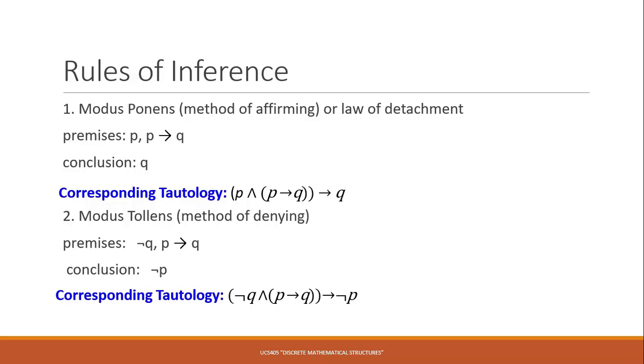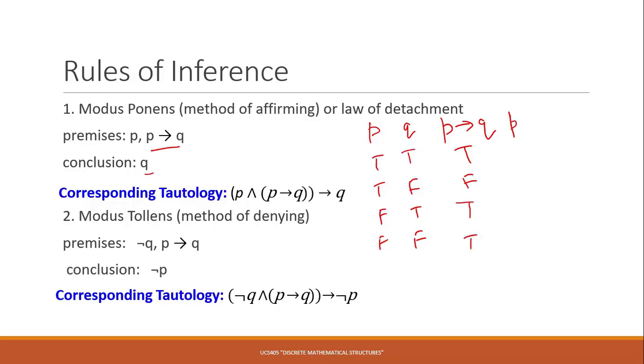So what will be the corresponding tautology? P and (P implies Q) implies Q will be a tautology. We will check this rule. Two variables are there, P and Q, so a total of 4 possible combinations. We are constructing the truth table. We know that P implies Q is false only when P is true and Q is false; otherwise it is true. Now P and (P implies Q) gives true, false, false, false.